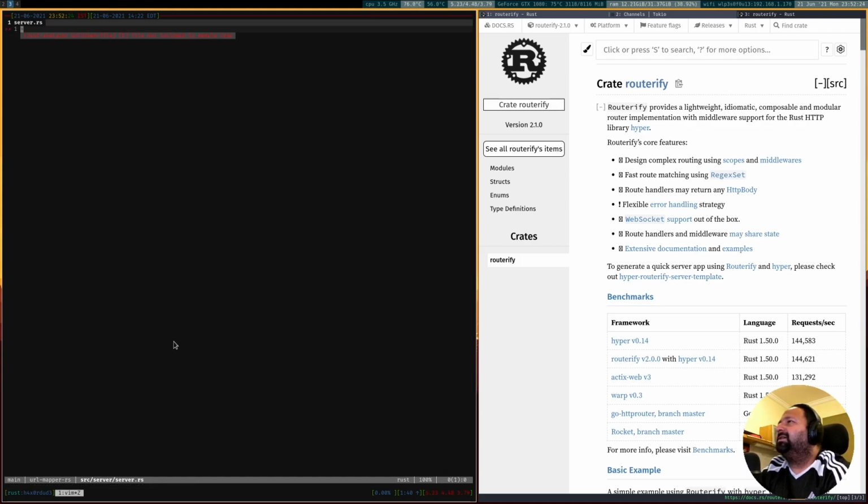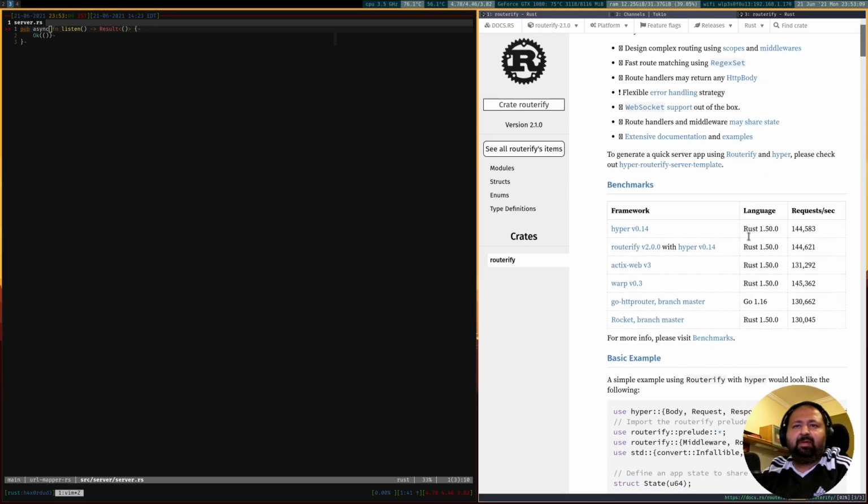In our server.rs, the main thing we want to create is an async function called listen. I think this should be returning a result because it should encapsulate errors, because for example the server could fail to start, maybe the port is already in use, things like that. So we do have to return an appropriate error in case of failures, but if it doesn't fail, then we'll just return an empty tuple to indicate that. In case everything goes fine, we'll just return this, and that will indicate that this is working.